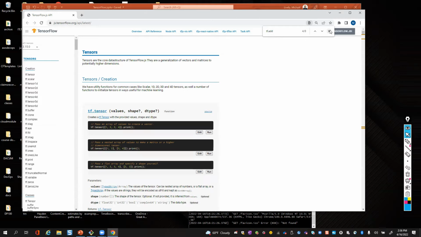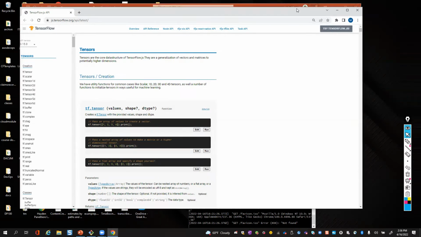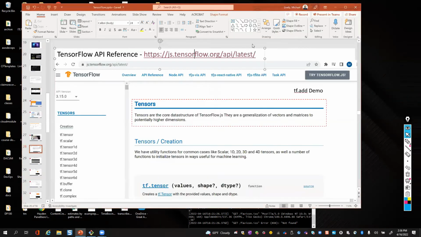So experiment, play around, and that's how you learn best. So really excited to see stuff like that come out. That's pretty amazing. I come from the old days. I've been doing this for over 30 years, and in the old days, it was really hard to figure out how things work. You just had to play with them. Here, they just give you playgrounds automatically right in the browser.